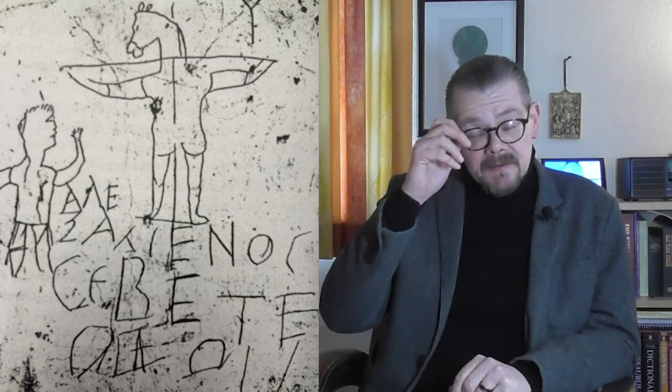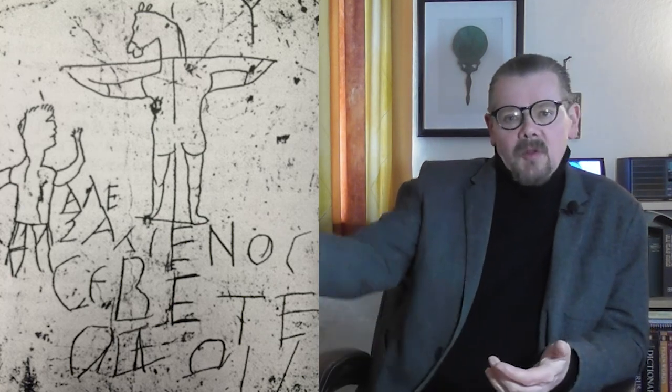It's all about making this look as ridiculous as it would sound to a Roman, to make it look stupid. And so the mockery of Alexamenos, of his faith in the crucified God, is so vividly represented here. It's not difficult for us to imagine a group of teenage boys picking on one of them because he's perhaps been foolish enough to let slip that he is part of this Christian sect.